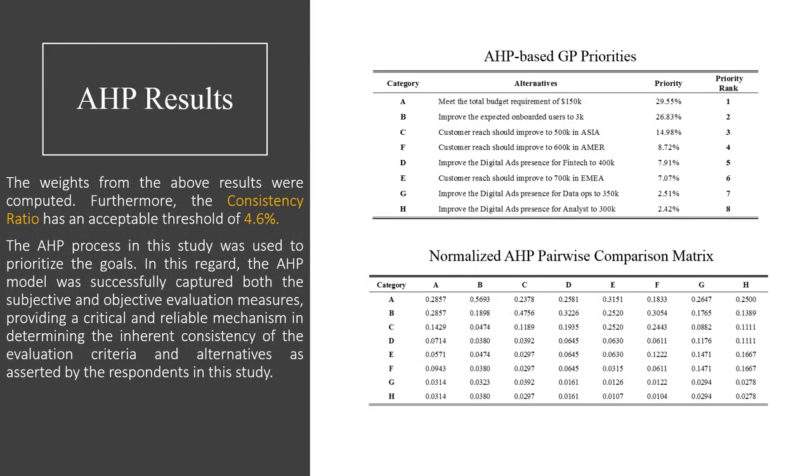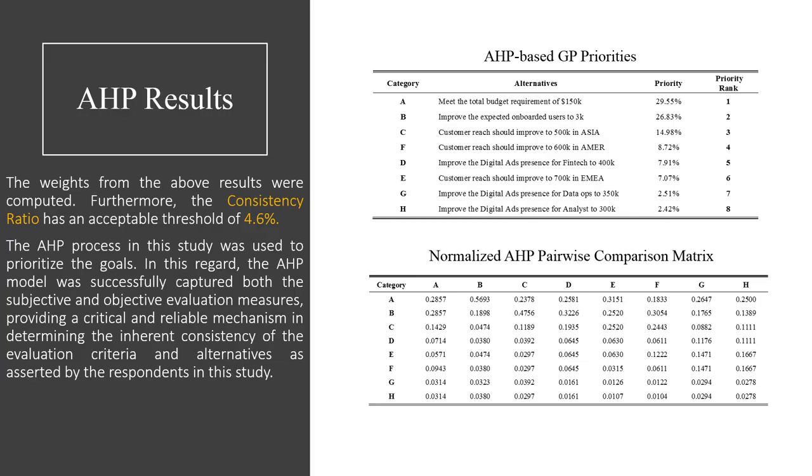So before we drill down into the AHP result, take note though that there are 30 respondents in this study. They are 12 subject matter experts, 2 team managers, 3 senior analysts, 10 account managers, and 3 marketing specialists. The computed consistency ratio is at 4.6%, which is far below the accepted threshold of 10%. Therefore, the judgments were consistent and the results were deemed accurate.